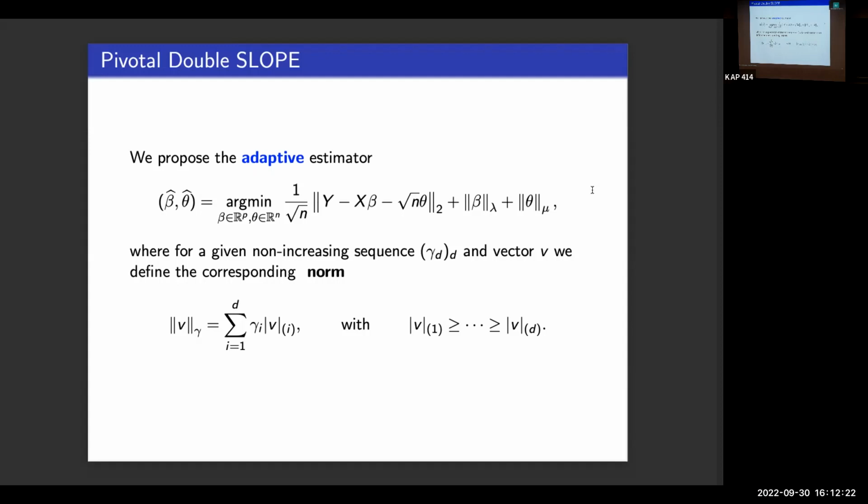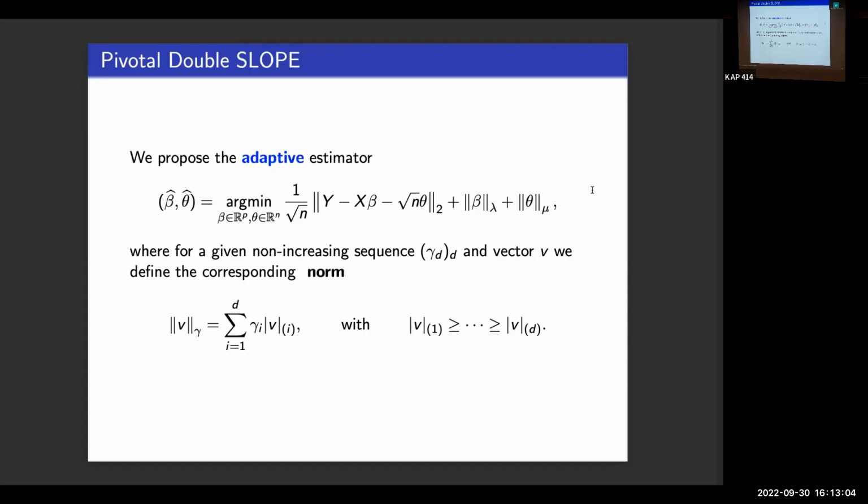Now that we're thresholding with respect to the order statistics, we have to think of what the gamma i's are going to correspond to: the quantiles of your variables. You want to see what is the behavior of the maximum, the second largest variable, the third largest one. That's exactly what the gamma i's correspond to, the quantiles of either sub-Gaussian or other variables, depending on the tail behavior. That's why we need to know the tail behavior, because that's exactly how you choose the gamma i's. So the idea is lambda 1 is sort of the max. There should be some small probability that the max is higher than that.